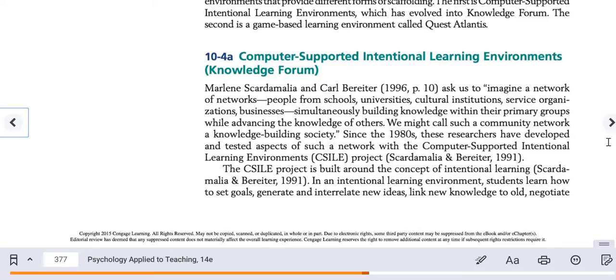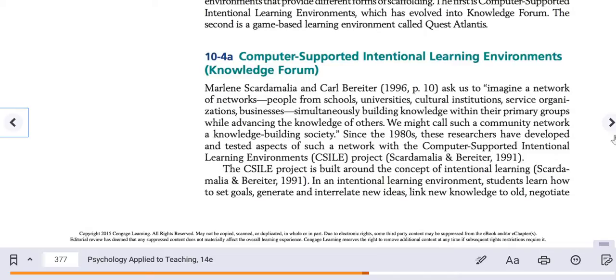Computer-supported intentional learning environments, Knowledge Forum. Marlene Scardamalia and Carl Bereiter ask us to imagine a network of networks. People from schools, universities, cultural institutions, service organizations, businesses, simultaneously building knowledge within their primary groups while advancing the knowledge of others. We might call such a community network a knowledge-building society. Since the 1980s, these researchers have developed and tested aspects of such a network with the computer-supported intentional learning environments